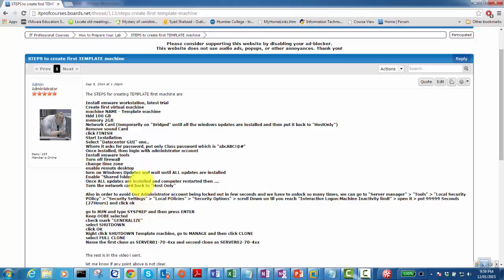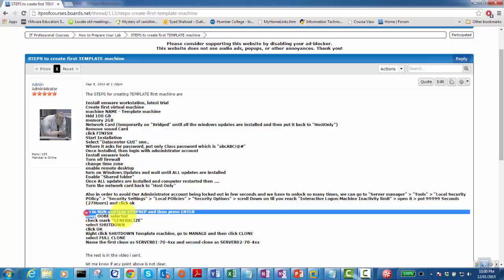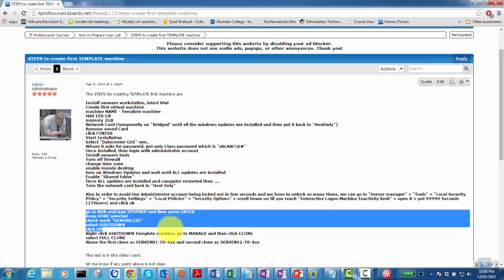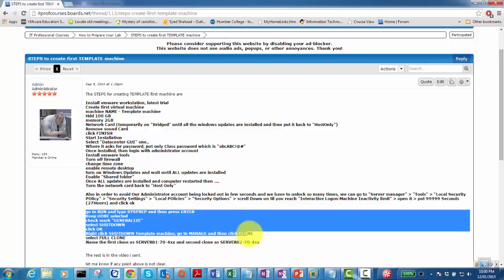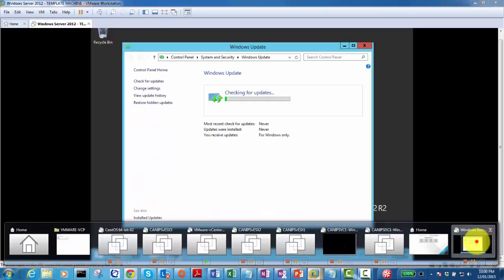So I'm just waiting for the Windows update to be fully installed. Well, as long as I get to see that activation of 180 days, I'll keep the updates running, and later we're gonna just do the sysprep and choose those options and shut down, and our template will be ready. So I'll just go back and check what's going on with my machine there,